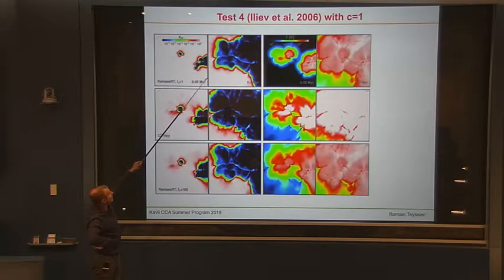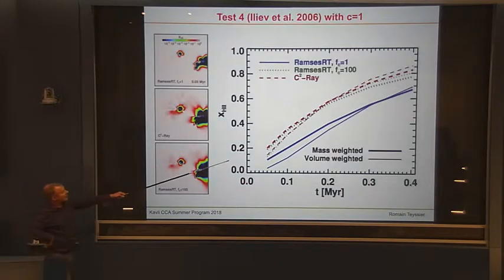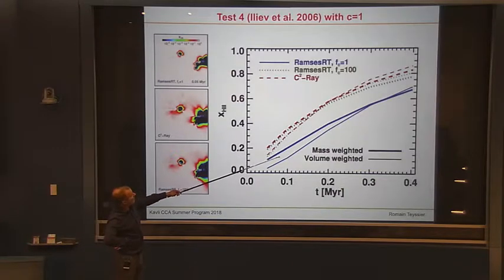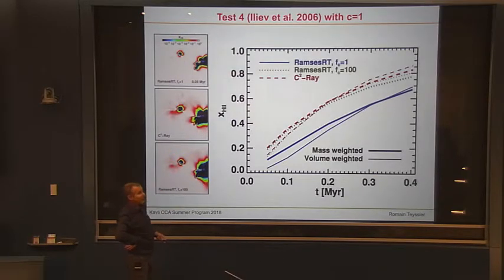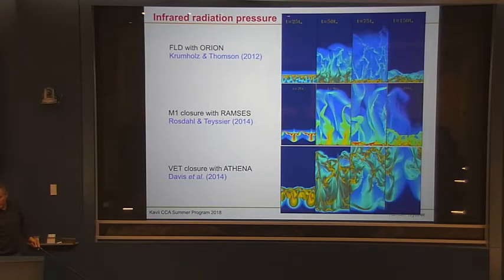So what we did was to multiply the speed of light by 100 in the moment method. And then you get something which is in much better agreement, although not perfect, with the infinite speed of light case. Right? So that's the quantitative measurement of that. That's the volume fraction of the ionized hydrogen as a function of time, so it's increasing, right? And so that's the correct speed of light value, and that's the infinite speed of light value, right? And so you see that they match quite well. So you see that there is a mismatch which is significant here. Okay, I'm going to skip this.